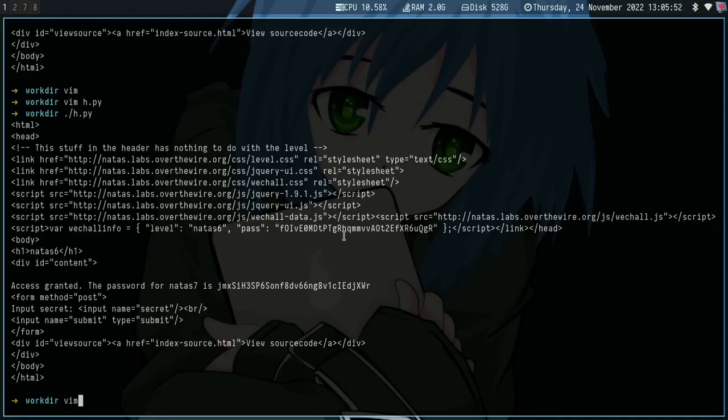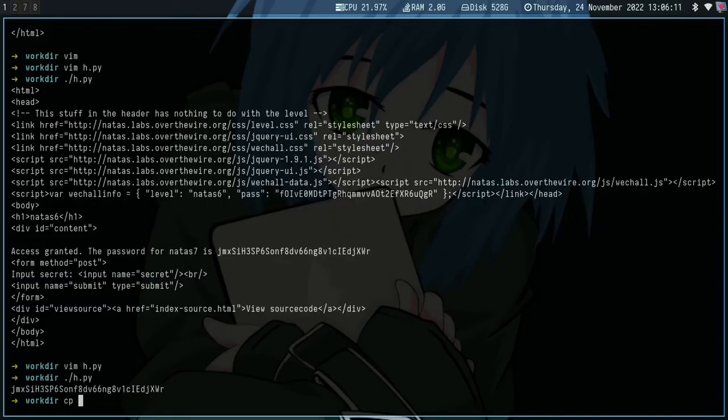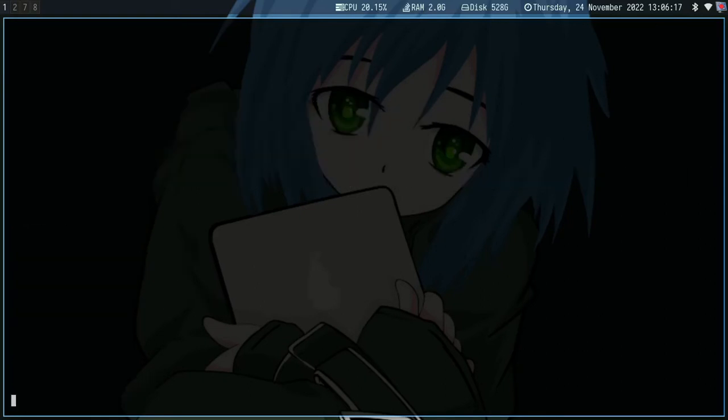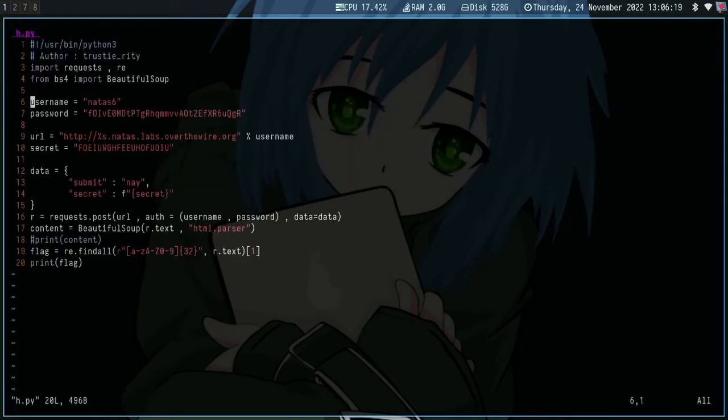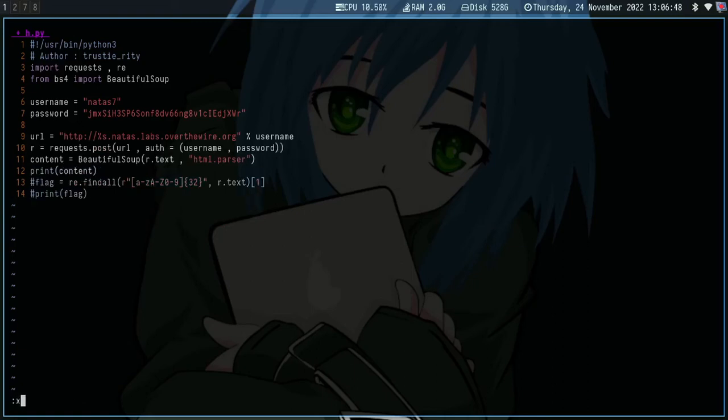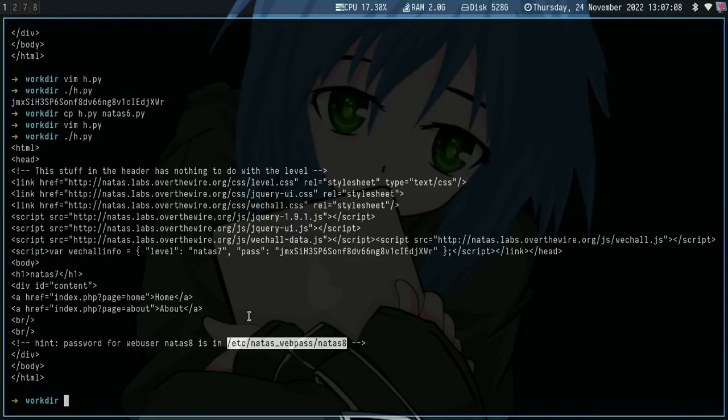So we can grab that, and you can see there are two. So we are going to specify the first one in the second one in the index array, and we get the password. So let's vim h.py and change this to Natas 7. So we don't need this, so we can delete the 4 lines. So we get that the password for Natas 8 is in this file here,